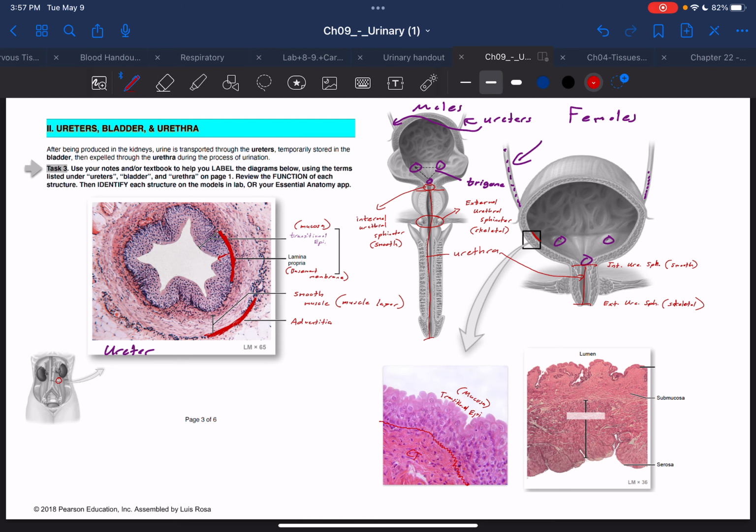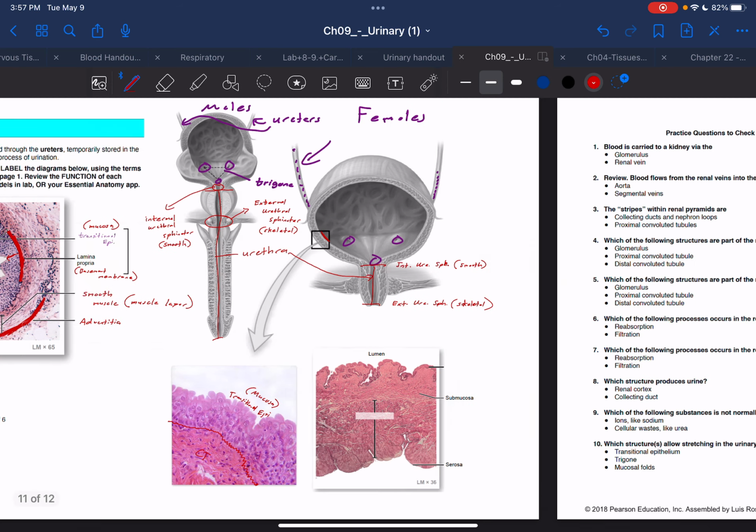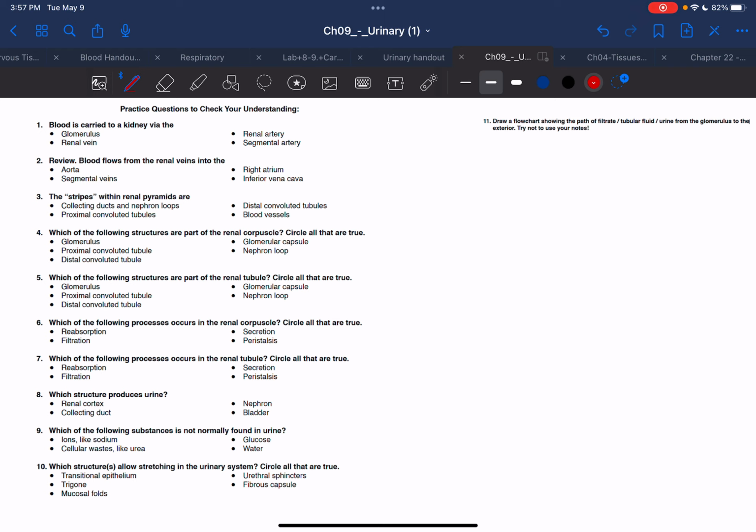And let's keep moving forward, and I think that's it. And here are some practice multiple choice questions for you. And so what I kind of want you all to do is